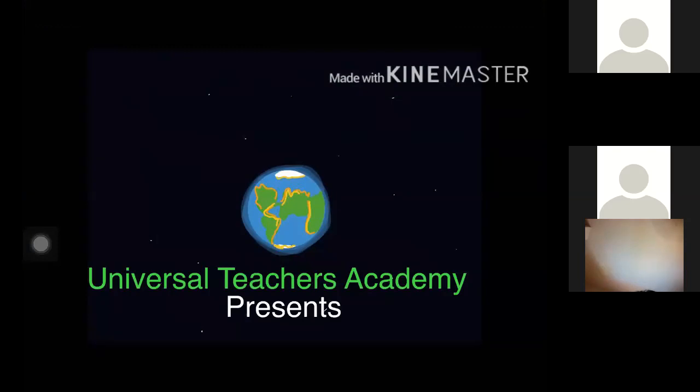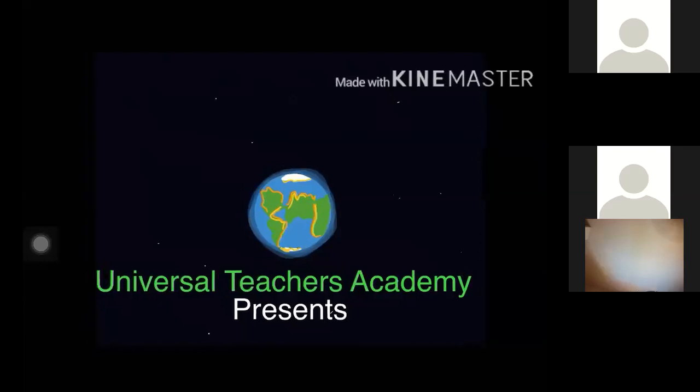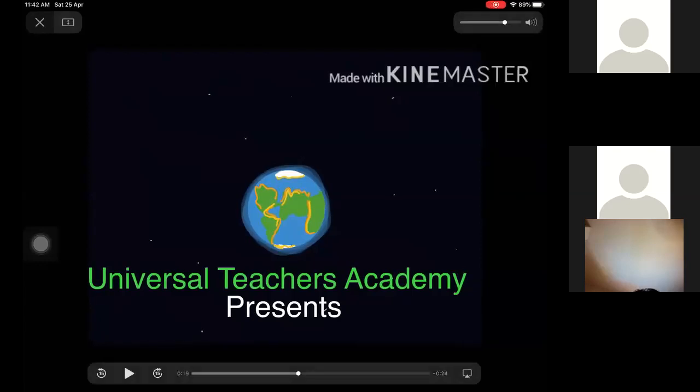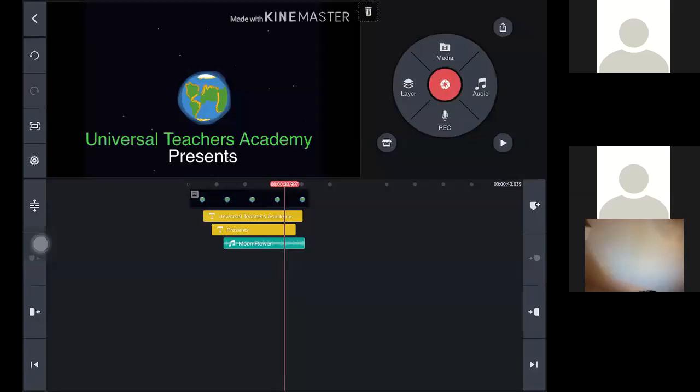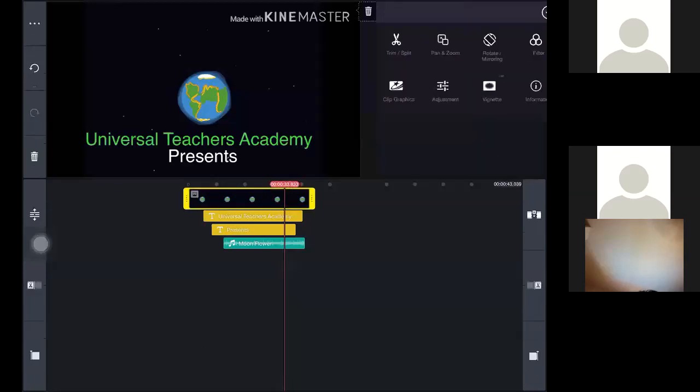Okay, and towards my right there's a small icon called Made with KineMaster. As I said, it is a free version, so this will come automatically. So let me close this window and I'm going back. I'm going to delete all those things. I'm just going to simply delete this because I have made the title. So to delete this, I'm just pressing this delete button,